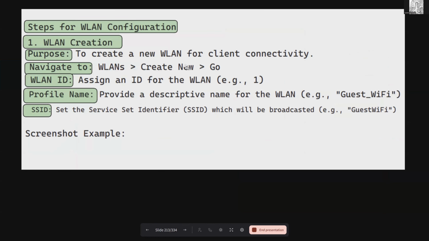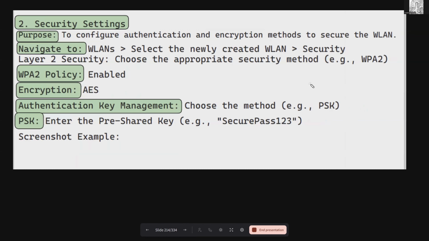So at the moment, I will leave this section. Once we do the wireless section, I will explain how you can go to the dashboard. From there, you can go to the WLANs and create one, for example with name 1. You can give the SSID name, Wi-Fi guest. Then you can set the security, like WPA1, WPA2, or WPA3. If you are using WPA2, you can give the policy, enable AES encryption, and use pre-shared key or